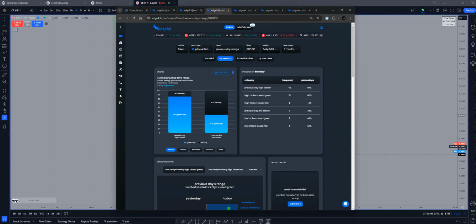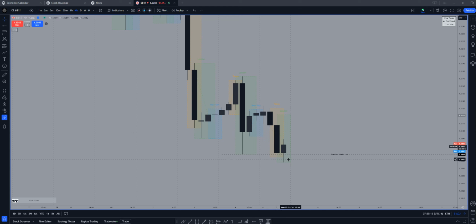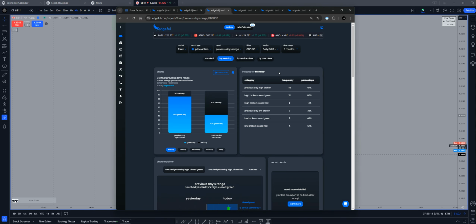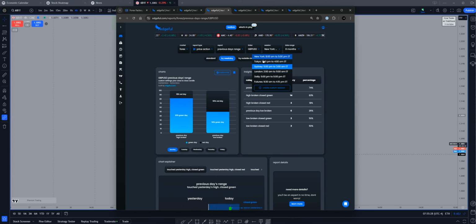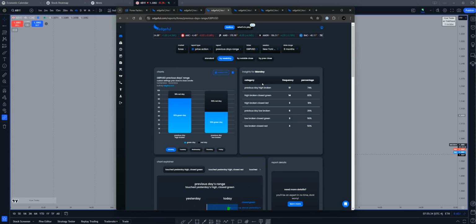And basically, what it's going to mean is that if we break the previous low, we have a 57% probability that we're going to close bearish. Then again, we can filter that down to New York as well, and it just changes it to about 50%. So it's about the same, but just one thing I wanted to point out, that if we're using previous day's range, we need to be very mindful of the sessions, basically to figure out what the data is pulling,